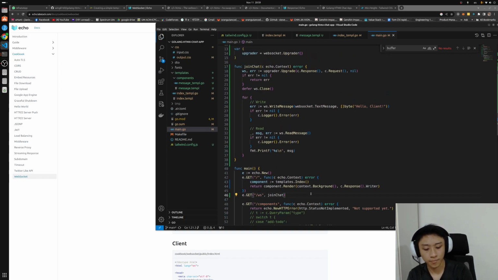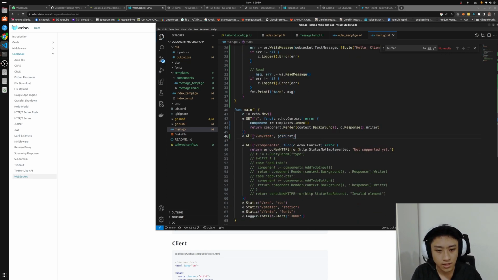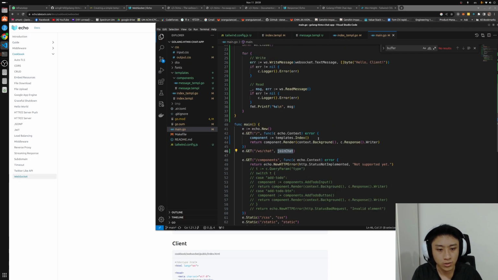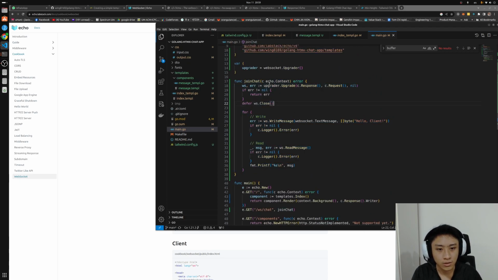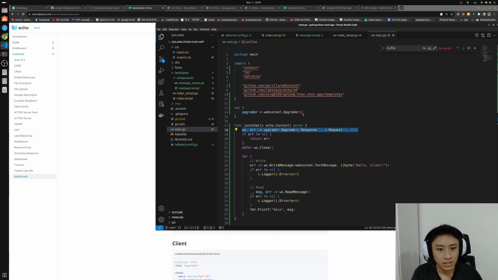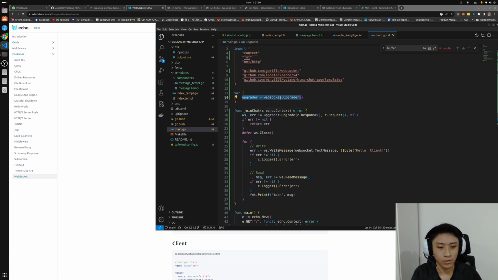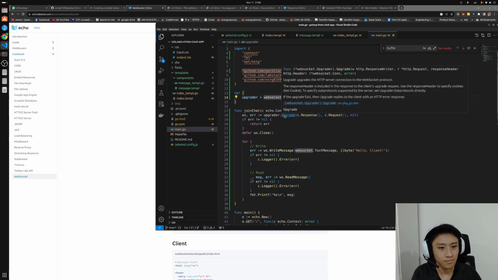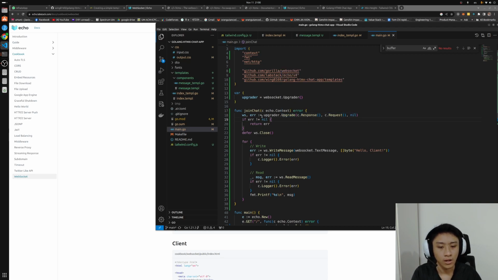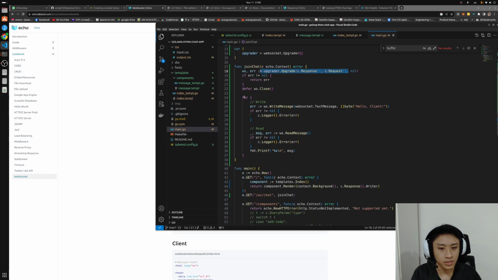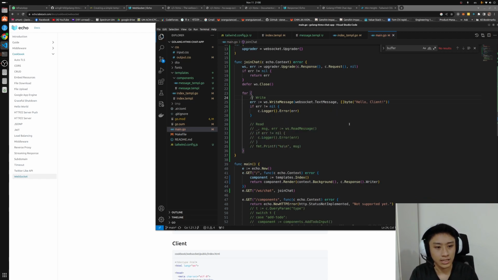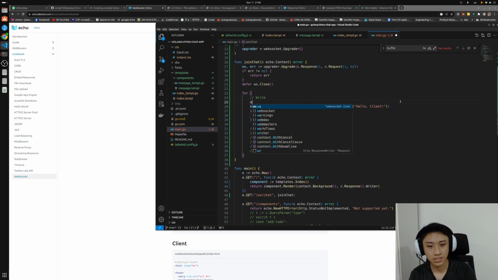So join chat is going to be slash ws slash chat. Okay, so my entry point for the code is slash ws slash chat, and it's going to invoke a join chat function that is going to first of all upgrade the communication. I don't know what it is upgrading to, but you upgrade the HTTP server connection to the WebSocket protocol, and then from here is an infinite loop. You keep writing a message and keep reading a message, but I do not want to do an infinite loop like this. I'm just going to send a byte first, and then